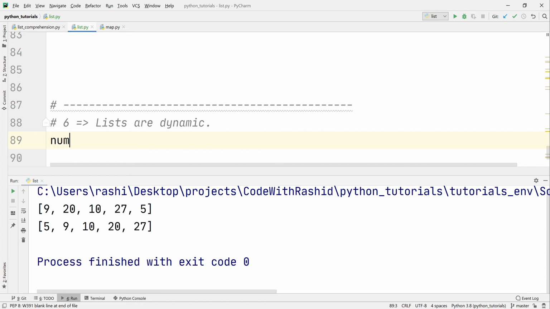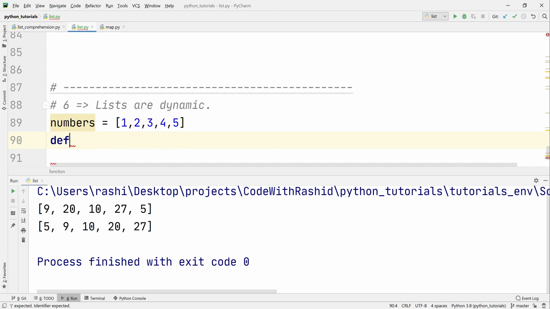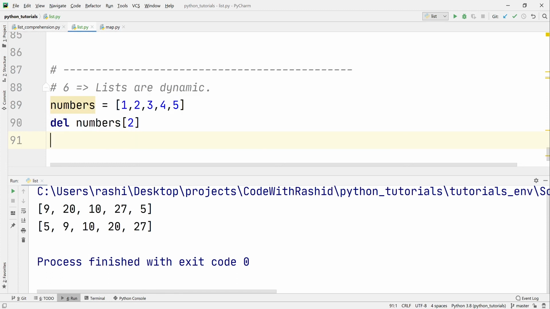So take a list of numbers 1, 2, 3, 4 and 5, and we remove a range. We say del numbers, index 2 and index 3.